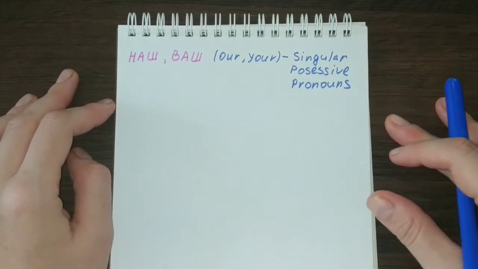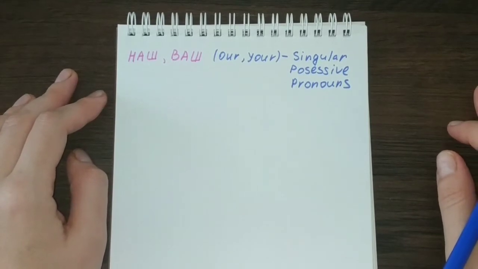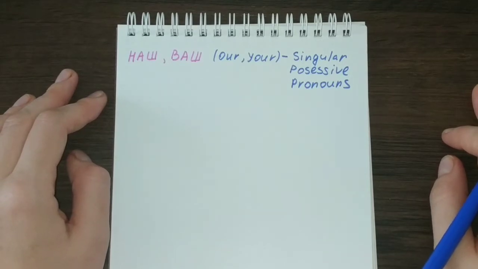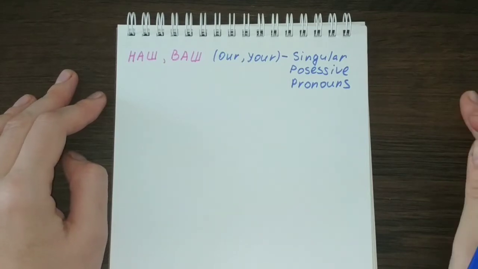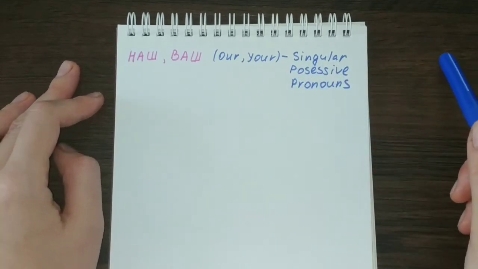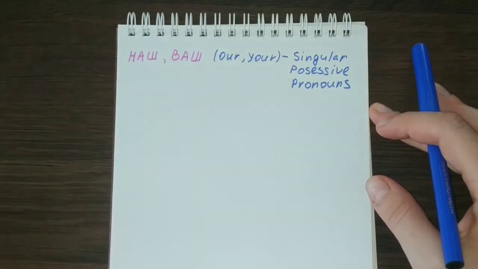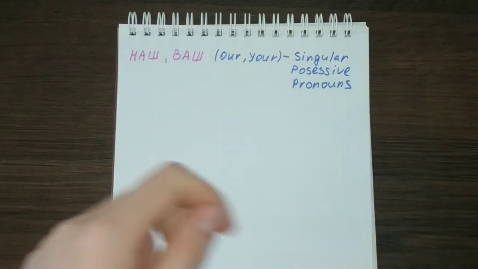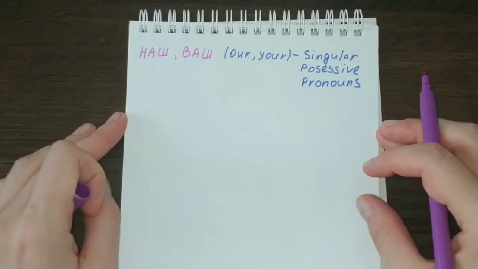forms today. And first things first, you have to know that these possessive pronouns, just like other possessive pronouns that we've already talked about, like мой, твой, my, your, его, ее, his, her, these pronouns as well change according to the gender of the nouns or adjectives they are used with. So basically these pronouns each have a 3 gender form. So let us go over them right now, and then we'll see some examples of their usage in Russian phrases